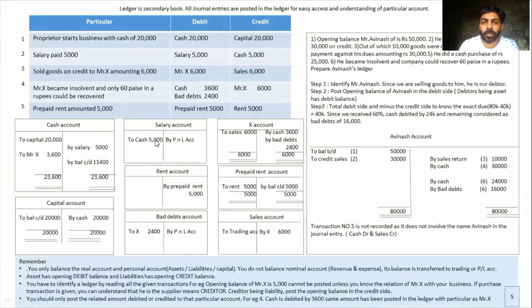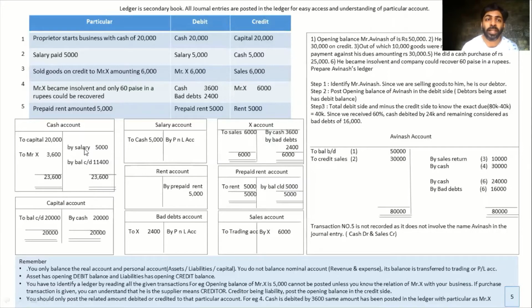If you see on the debit side, I have written 5,000, and in the particular column, I have written to cash. And if you see the cash account, what has happened with cash? Cash has been credited, right? So on the credit side, you should be writing 5,000 and you should be writing by salary. I believe with this video, you understand this chapter very well. It's a very simple chapter, very important for next year. This year, you might only be making your ledger, but next year you're going to analyze your ledger and you should understand what happens.